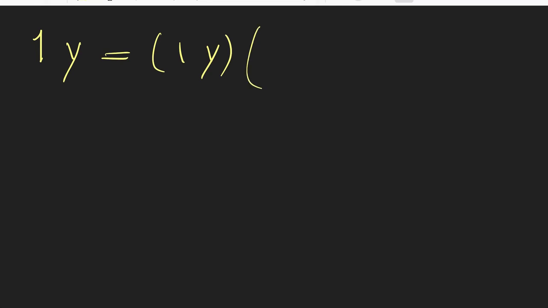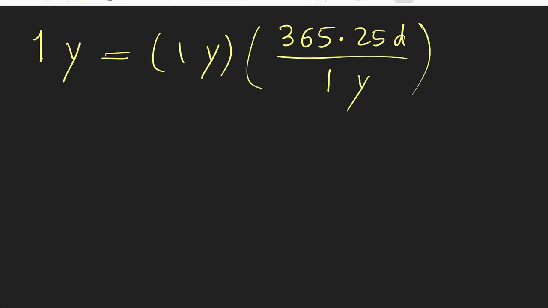I know that 1 year is 365.25 days. I show it by letter D per 1 year, and each day is 24 hours, 24H per 1 day,